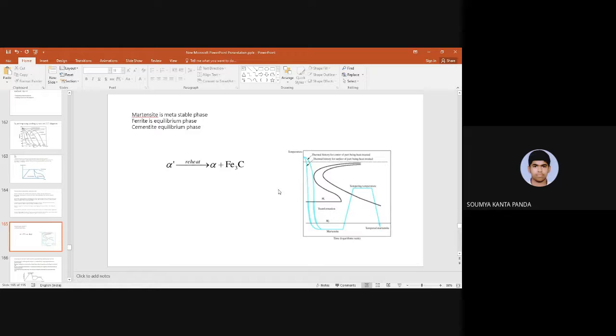Sir, ferrite is forming. That is alpha ferrite. Ferrite is forming. Ferrite is which kind of phase? Soft or ductile phase? Very good. And Fe3C? Hard, brittle phase. Yes, very good. So alpha and Fe3C are which kind of phase? Equilibrium phases, if you remember. In the iron carbon diagram, these are the equilibrium phases. Yes or no?